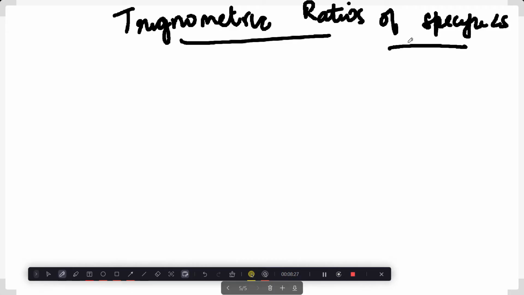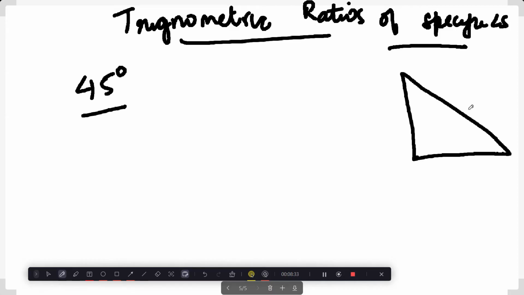First, we are finding out, in fact what we just did, the question was actually similar to this. If the angle is 45, then we need to find all the ratios. We know that it's irrespective of the length, it is the value of an angle. So we have to find all the trigonometric ratios, right? If this is 45 and this is also 45, this is k, as I told you, this is root 2k, right?